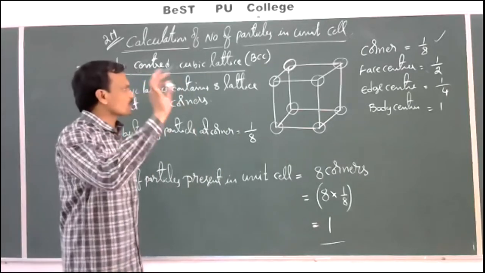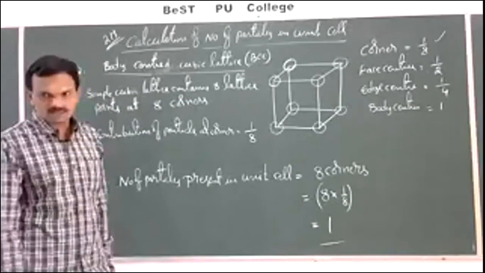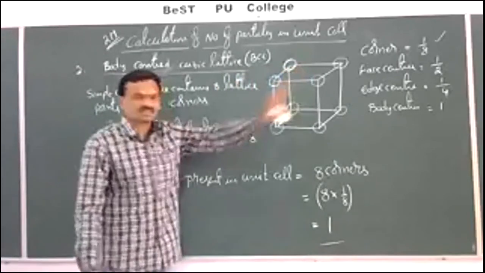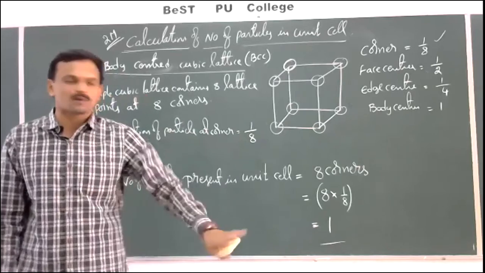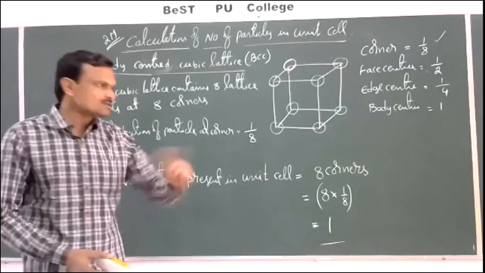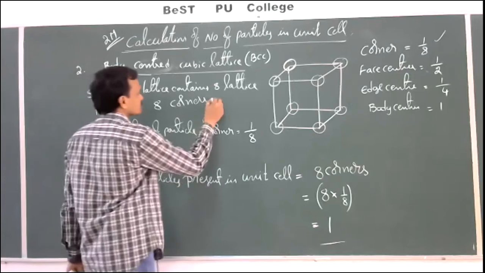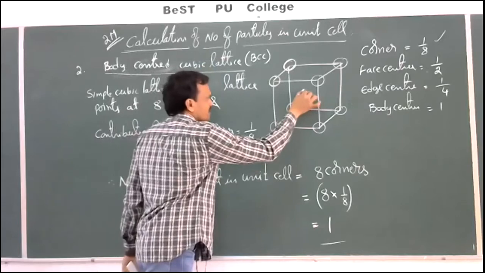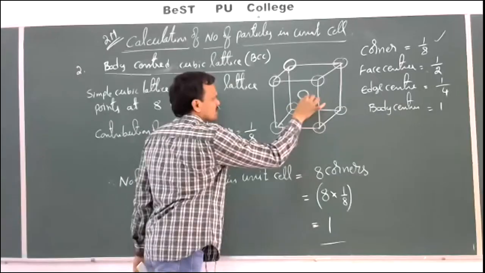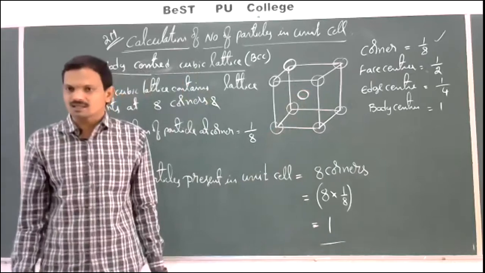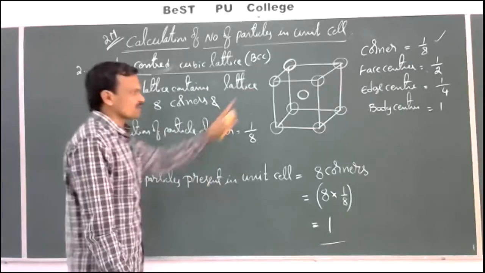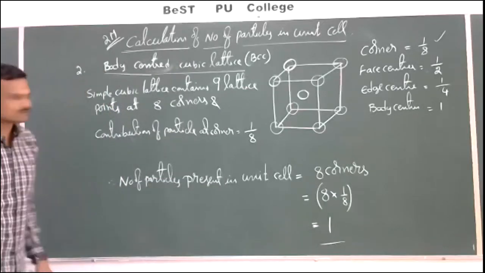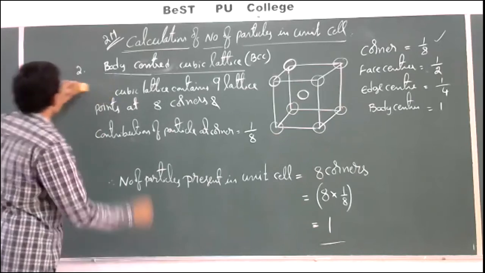What is the position of the particles in the case of a BCC lattice? In a BCC lattice, the 8 corner particles are fixed. In any lattice, the primitive unit cell has fixed corner particles. In addition to the corner particles, this BCC lattice contains one more particle at the body center. 8 corners plus 1 body center. In total, how many lattice points are there? 9 lattice points. So the body centered cubic lattice